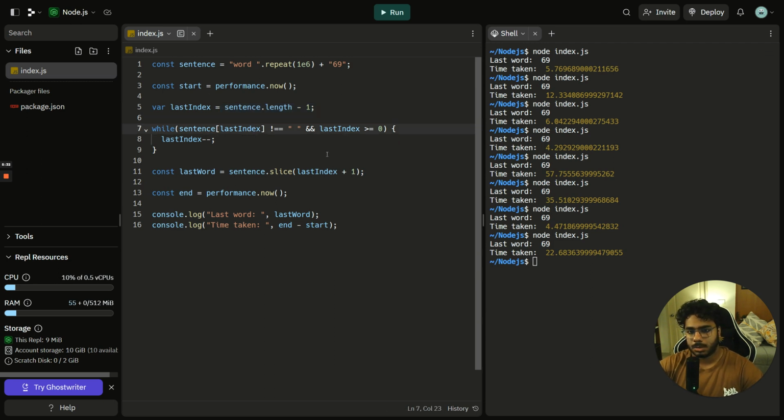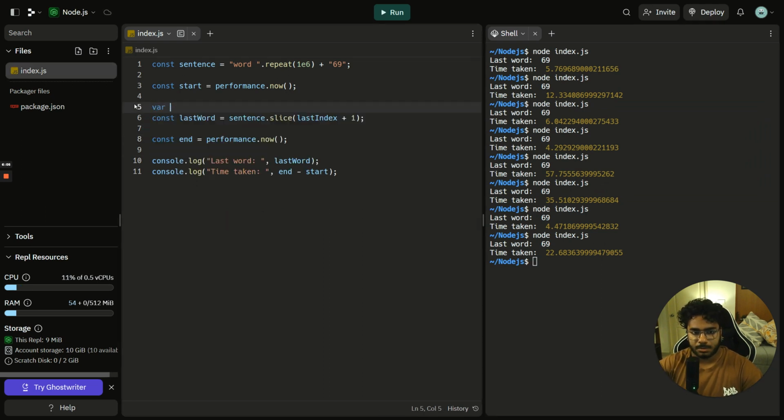We can also try doing this. Let's say we have last index. If we start at maybe, okay, that won't be a very optimized approach. I was trying to see if we can start from the beginning till the end and how long that takes. Let's try that actually. Let's say we have last index this, and we already made the point that we're trying to make, and then let's try this now. Let's say first index equals 0,